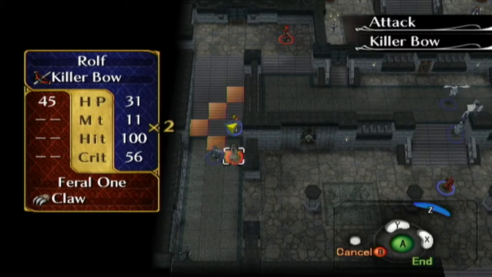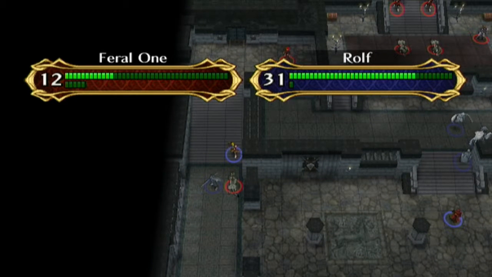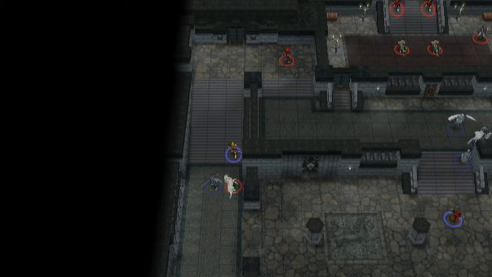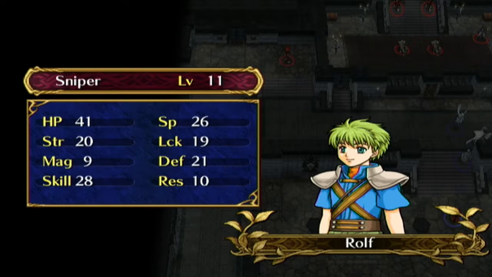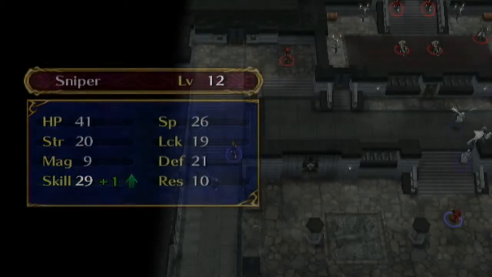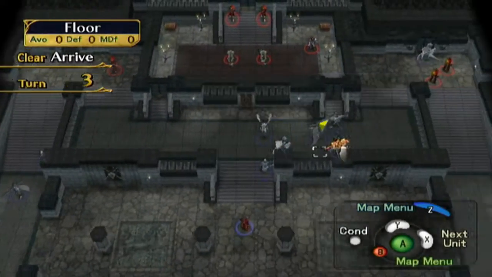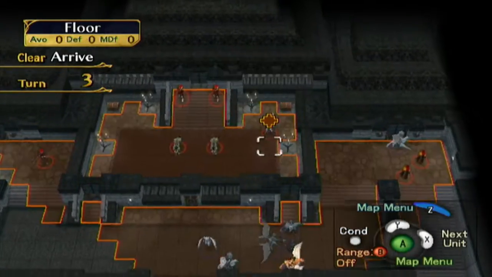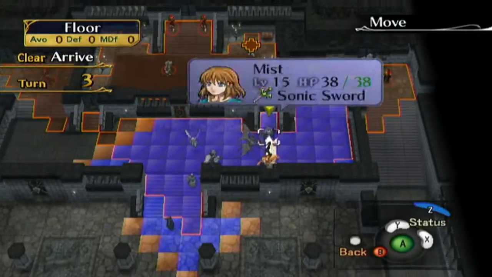Okay, can you actually do something about this, Rolf? I hoped you would. Thank you, Rolf. Rolf is a swell dude. He's actually pretty nice. Skill, alright. 1 point away from capping. It's too sad that I think he won't be able to reach level 20, so he will only have his bases, like bases in